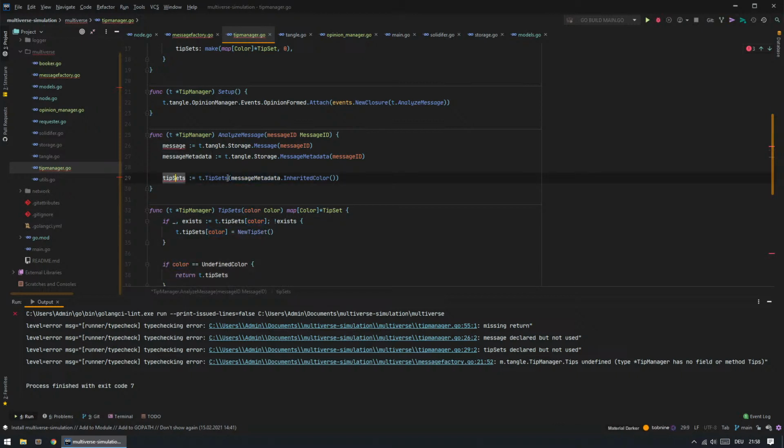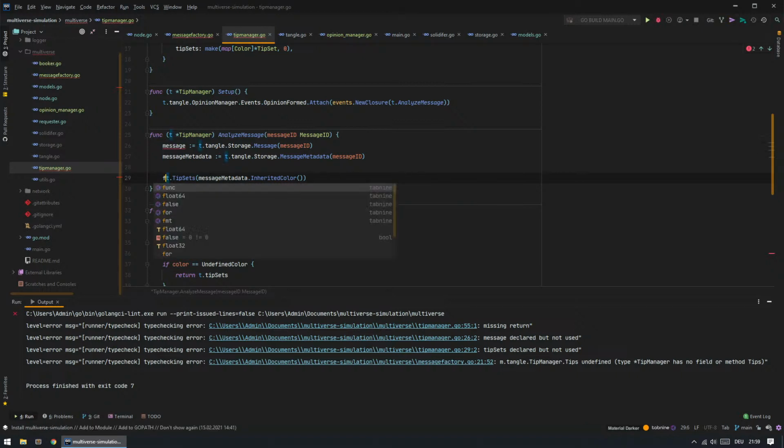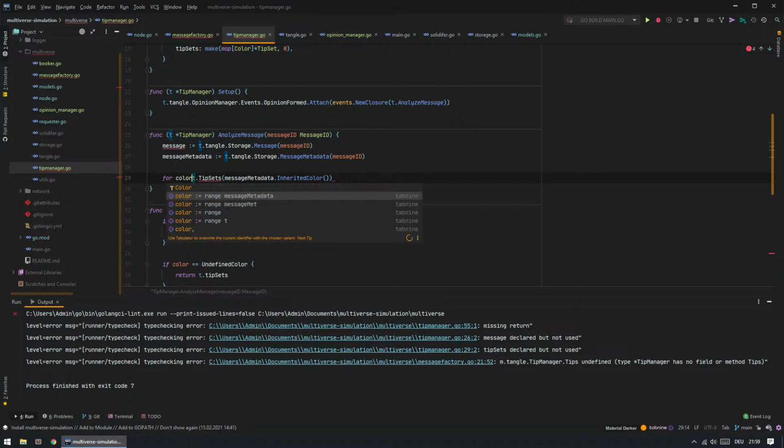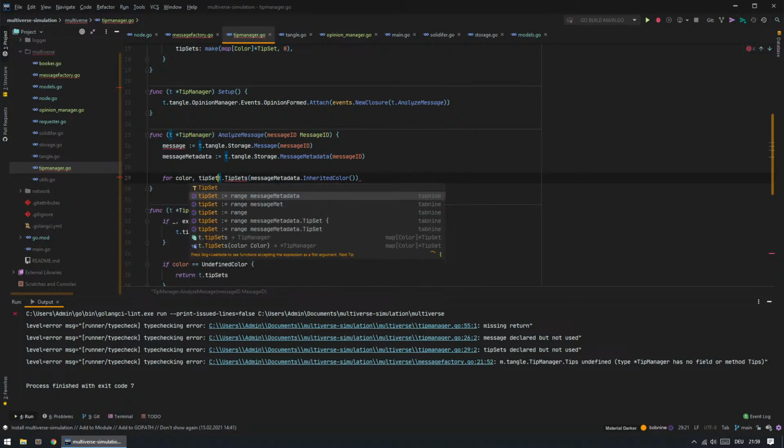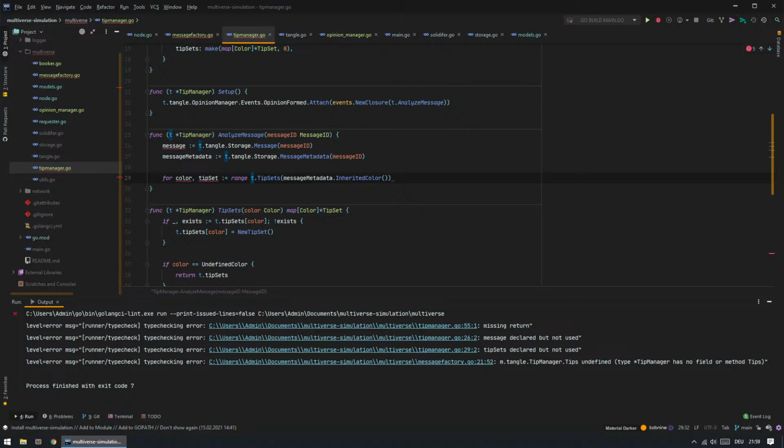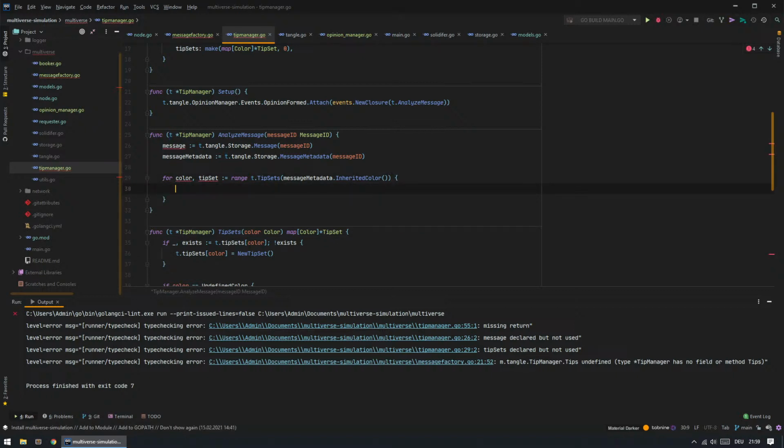And so if we have the tip sets of the inherited color, then this is essentially the strong tips. That means we will add this to the strong tips. So for color tip set is range t tip sets, tip set dot add strong tip message,